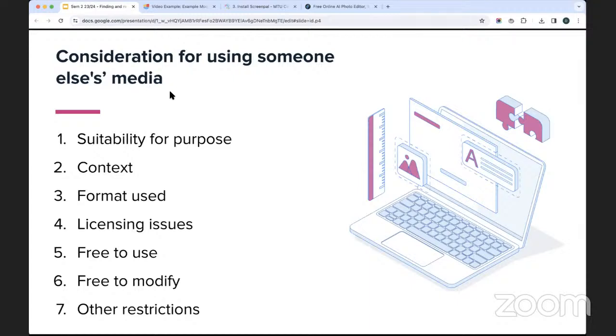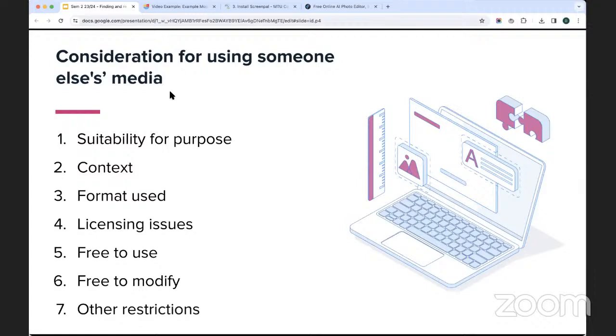Generally, and please don't take this as gospel because it's a very loose statement, but working as an educator, there is a certain degree of understanding, or what I call wiggle room, in terms of using other people's material. Very often, if content is being used for an educational purpose, there is a certain amount of leeway which we as teachers are given.